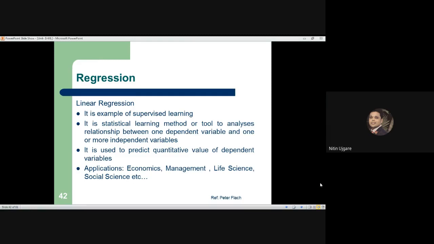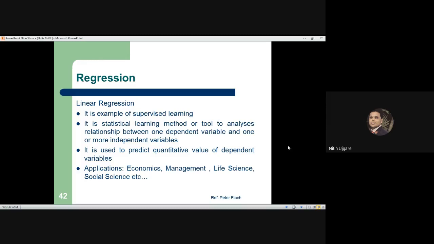We have seen that in machine learning, particularly in supervised machine learning tasks, we have two types of task. One is the classification task and the other is the regression task. I already made the clear distinction between classification and regression. In classification, the output has a discrete value, whereas in regression, the output has a continuous value. That is the fundamental difference between the classification task and the regression task.